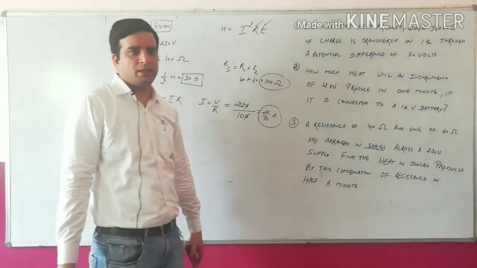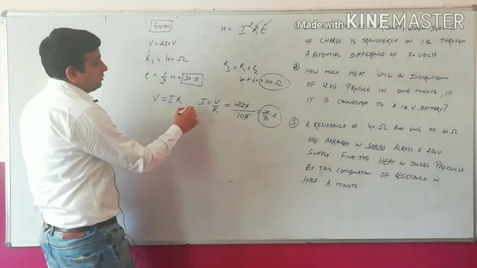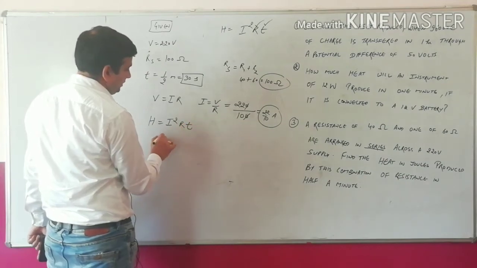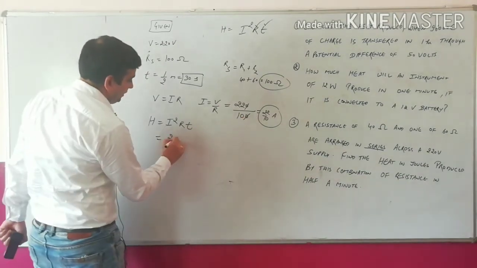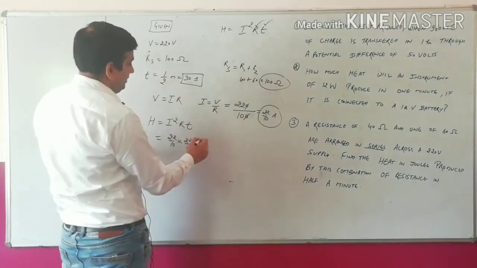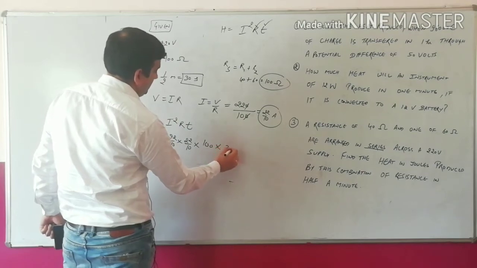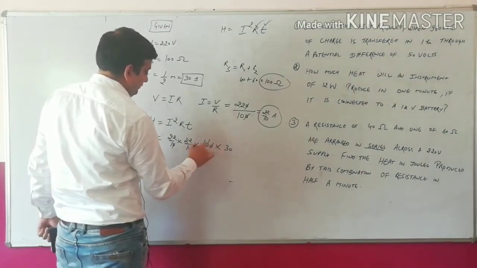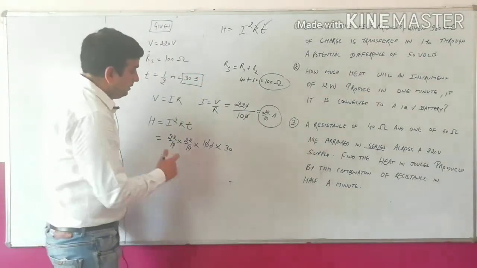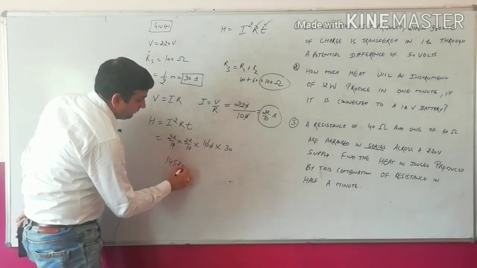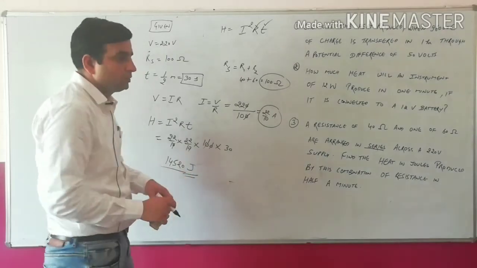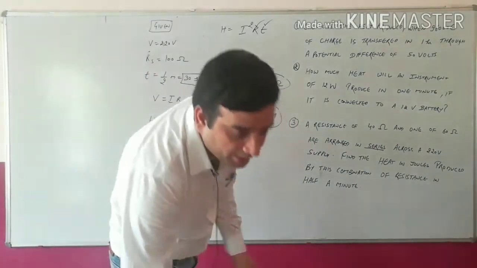I am not solving for the sake of calculation. Next is, we have all three parameters. H is equal to I square RT. What is the value of I? 22 by 10. What is the value of R? Total R, and time. So this is how you can solve this. By solving this, what you will get? 14,520, and what is the unit? Joules. So that's how you can calculate the heating effect